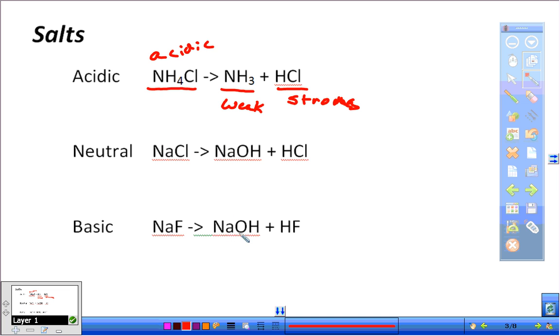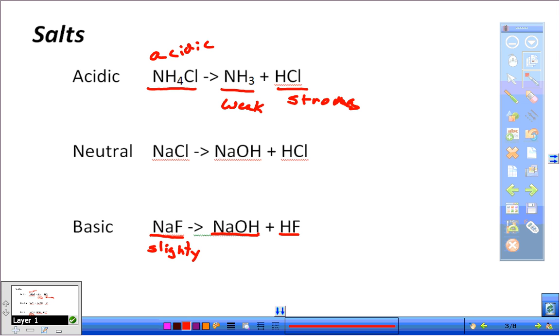If you have a strong base, such as sodium hydroxide, reacting with a weak acid, hydrofluoric acid, you actually get a slightly basic salt. Okay, so we're going to use these salts as we go forward, because we're going to create an